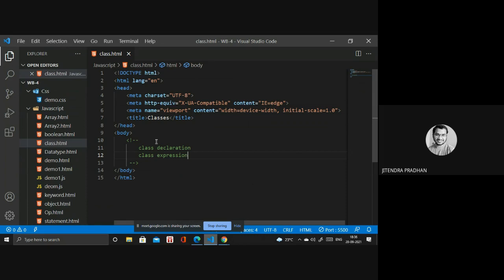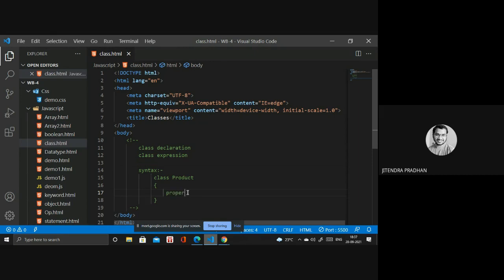First thing we have to discuss is class declaration: how we can declare a class using class declaration. Okay. So if you want to declare a class, you have to write the syntax. The syntax is class, and then you write the class name. For example, Product is my class, and inside you write curly braces, and inside you write the class members. I will discuss what the class members are.